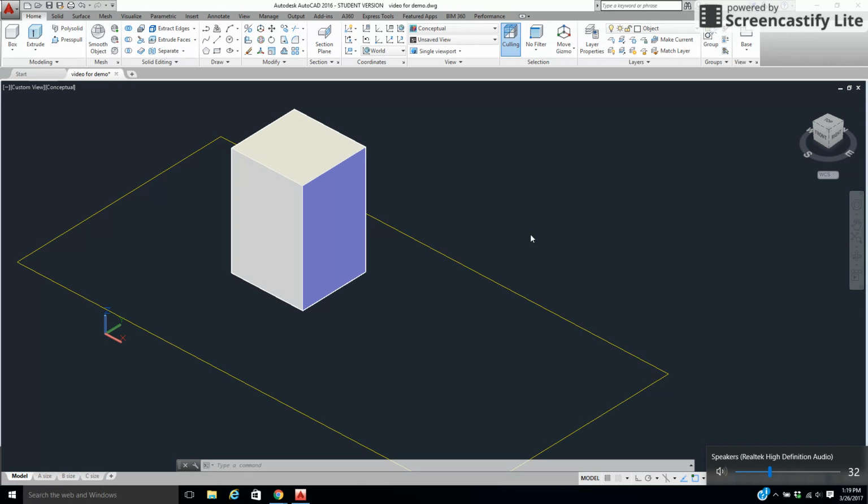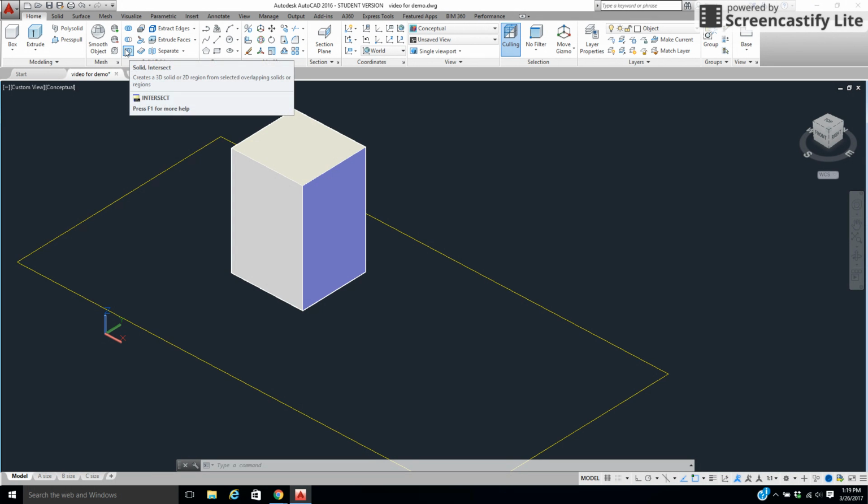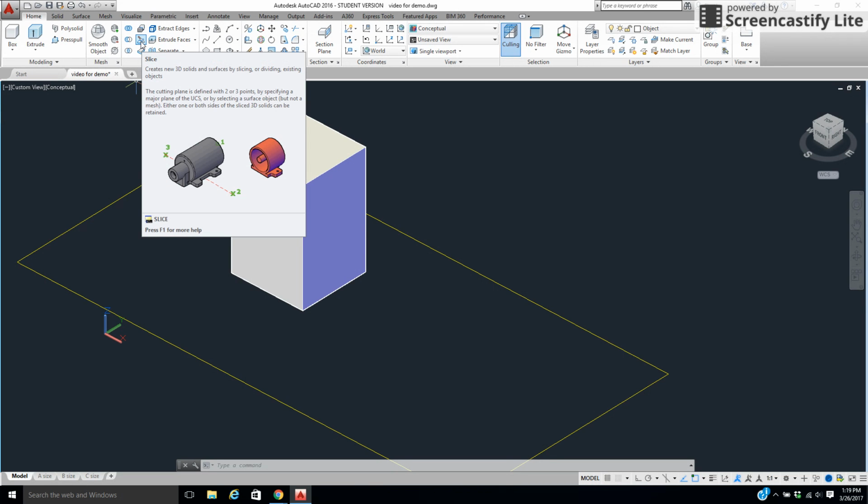All right, so on this one, I'm going to show you how to use the slice command. The last one that you really learned about was your union, subtract, and intersect, which were great. There's one that's going to help you out a lot, which is your slice command. And I'll be honest, there are several ways to do the slice command, but I'm going to show you the one that I find to be the most exact and probably the easiest to figure out once you understand how